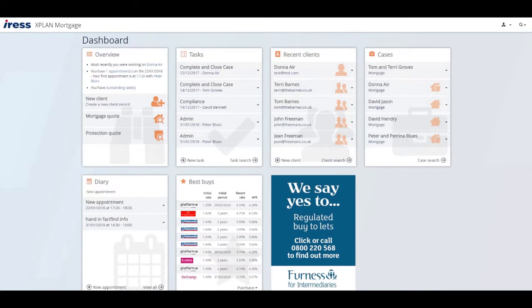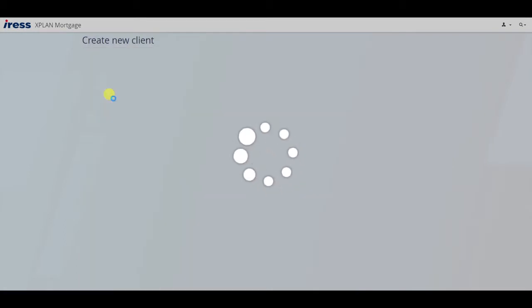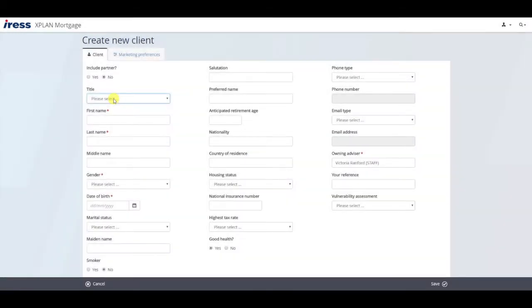To create a client with an XPLAN mortgage, simply select New Client from the main dashboard. There are various fields that you are able to complete. The only mandatory fields are the first name, last name, gender and date of birth. So if I call my client John Hughes, he is a male and his date of birth is the 1st